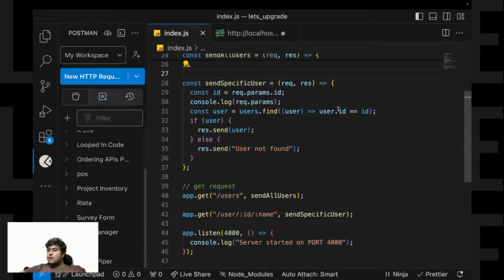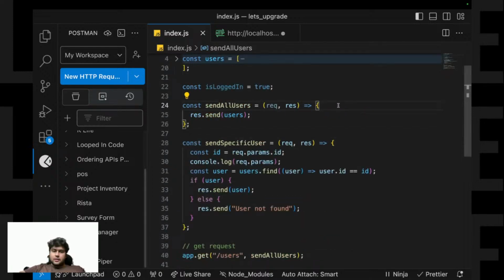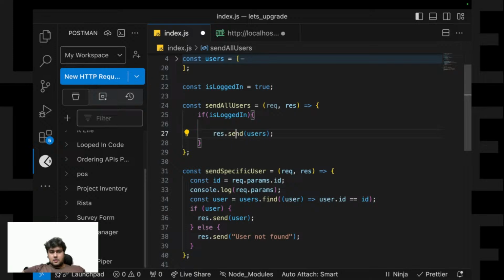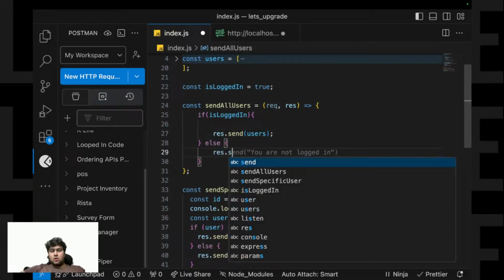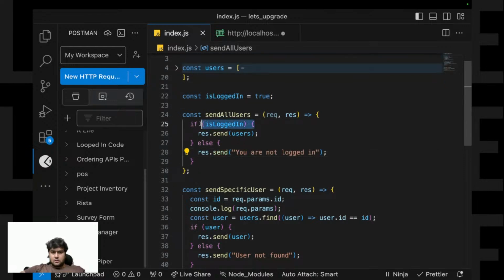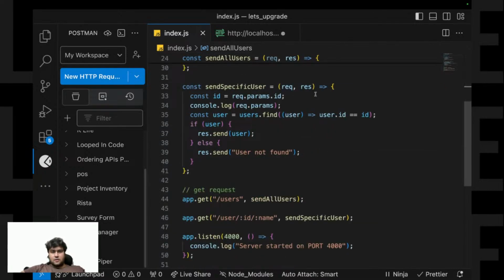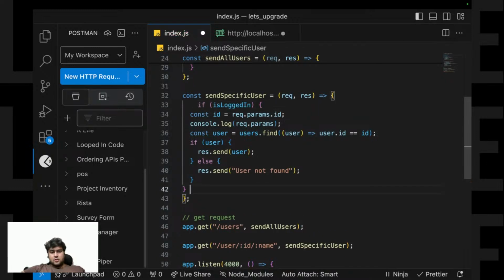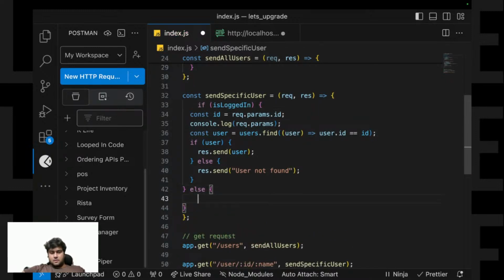Otherwise, you should not. One way of doing this is: I'll write isLoggedIn, then send data, else send you're not logged in. I have to do the same for all the things. I'll again write isLoggedIn, then do, otherwise send response as you are not logged in.